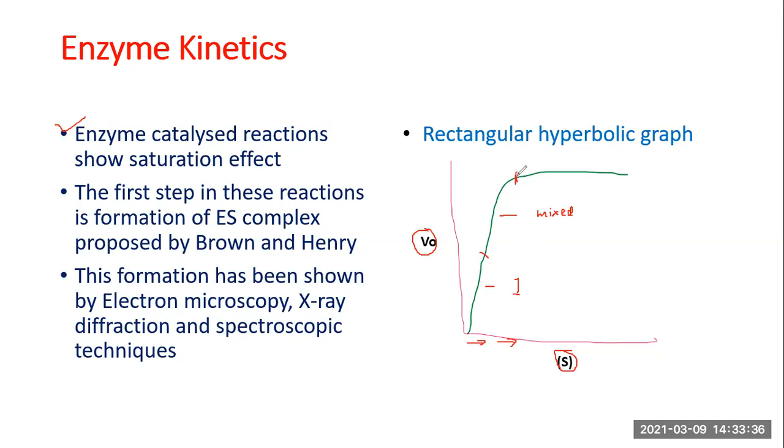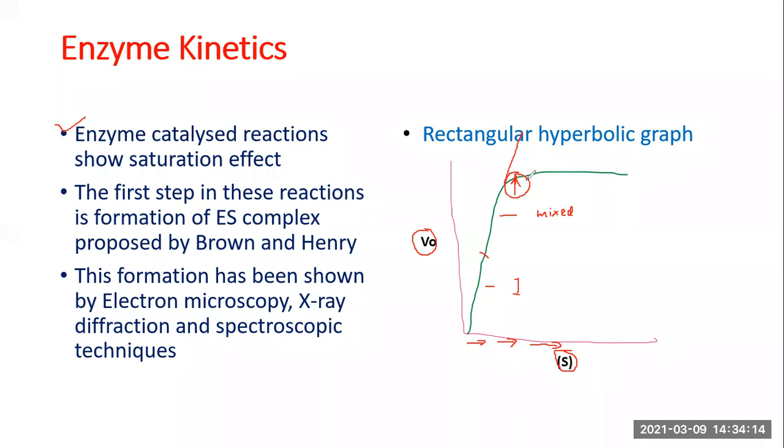And beyond this particular point, when you further increase the substrate concentration, the rate doesn't increase. It has attained a plateau, because it is at this point that enzyme concentration has become the limiting factor. Whatever enzyme was there in the reaction medium has all been utilized, all been engaged by the substrate molecules. If you add enzyme over here, then only will the reaction go in this direction. That means enzyme has become limiting at this point. The reaction velocity can be increased only when you add some more enzyme.